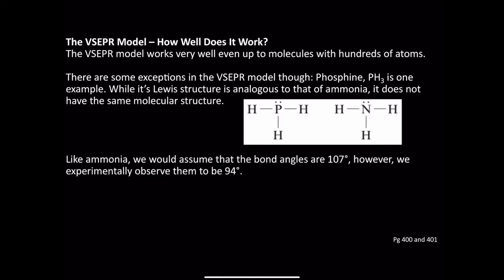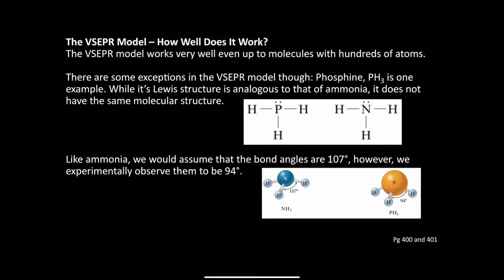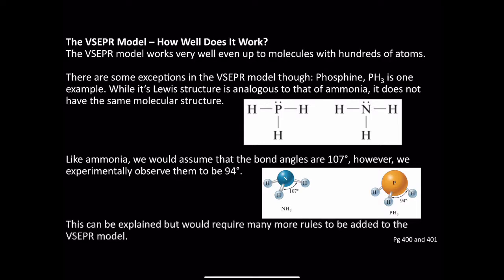So like ammonia, we would assume that the bond angles are 107 degrees because that lone pair requires a little bit more space, but we actually observe through experimentation that the phosphine bond angles are actually 94 degrees rather than 107 degrees, okay? So that's kind of interesting, and this could be explained, but requires many more rules to be added to the VSEPR model. So instead of explaining it, we kind of want to keep the VSEPR model as a general rule, not necessarily speaking to these